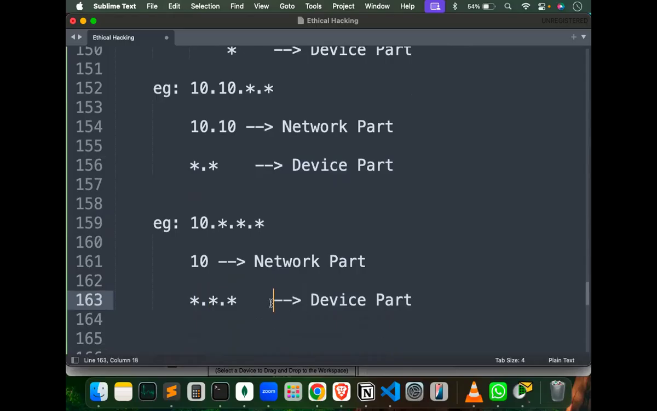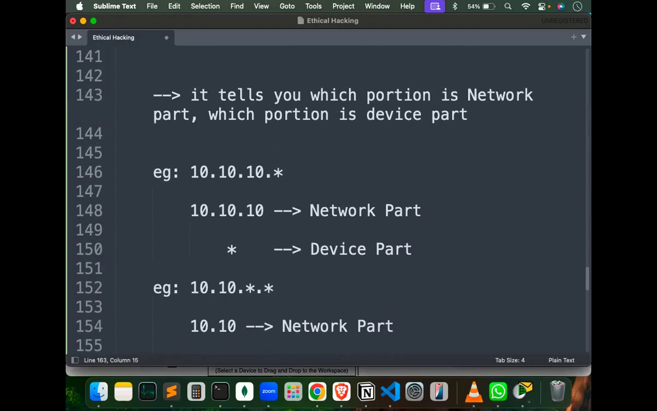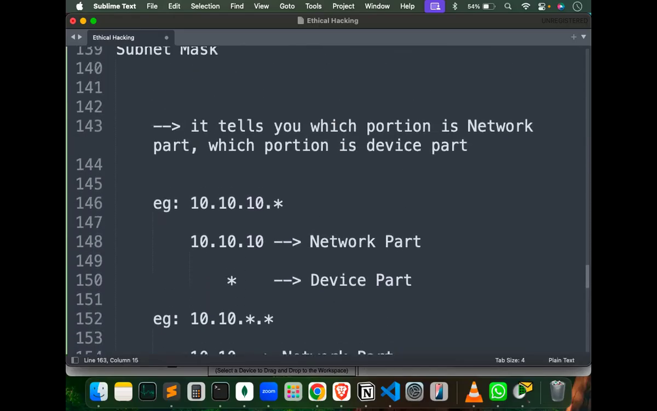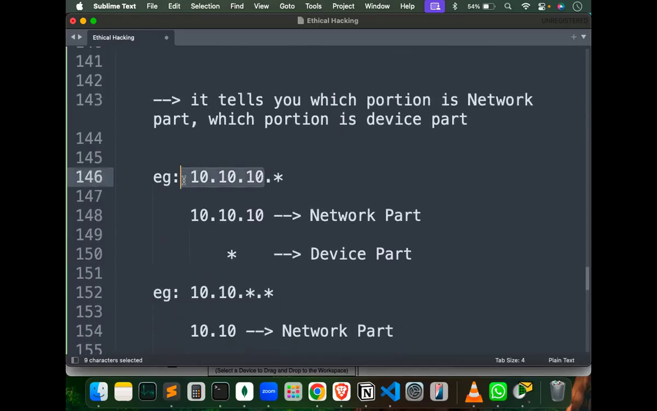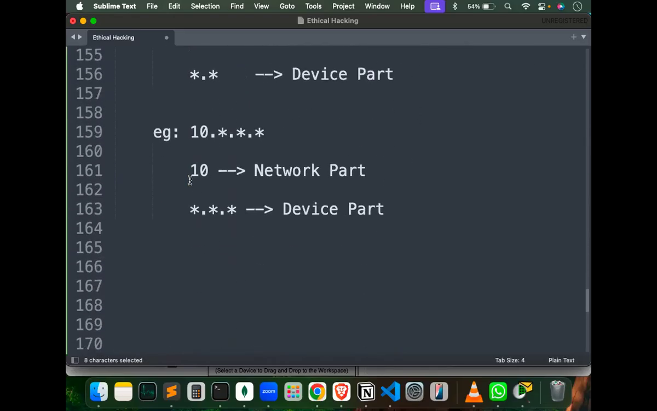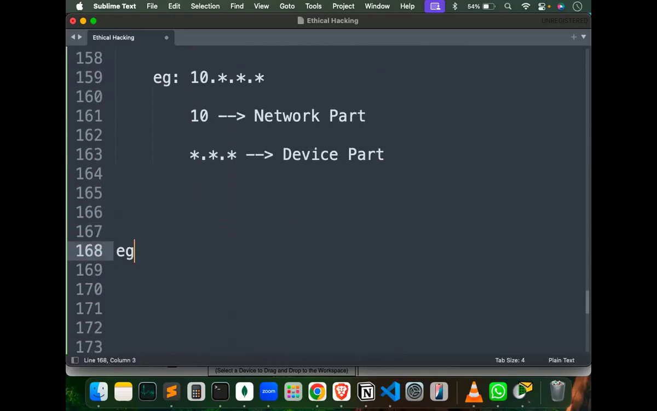Device part. Something like that. So this is what subnet mask is. Subnet mask actually tells you which part is the network address and which part is the device address. They typically do it something like this. For example, you will see a subnet mask like this,